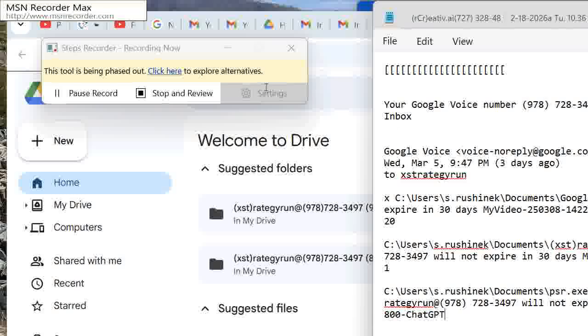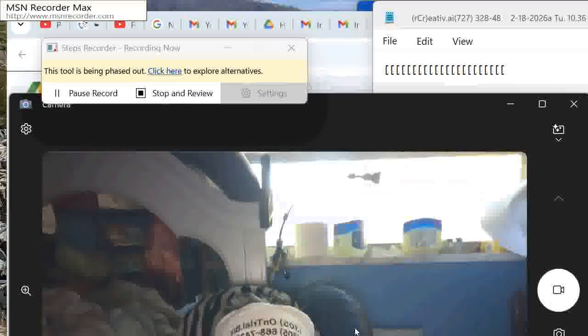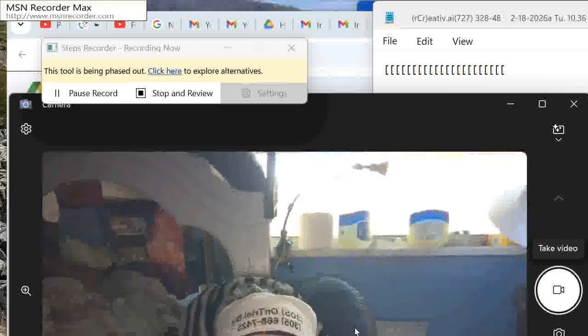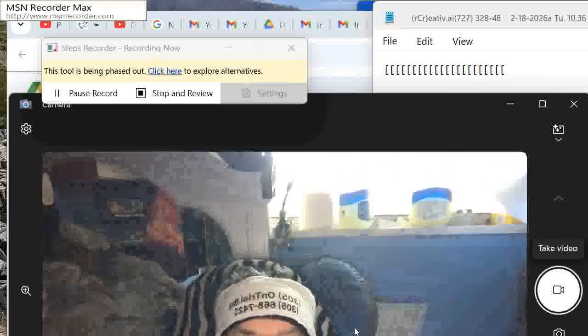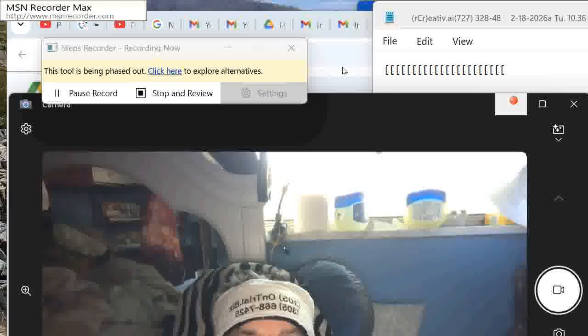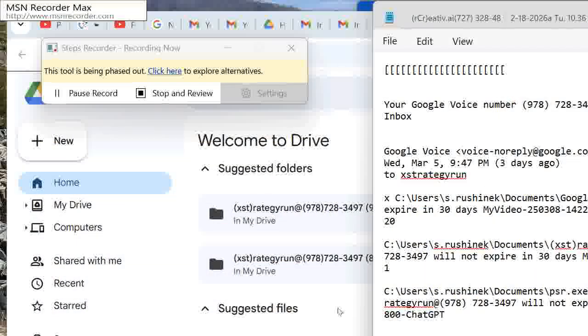So, for that purpose, I have to get the camera software to stop recording. Oops, I guess it never stopped recording again already on its own, which is fine. And then I want MSN record also to stop recording. Okay, so now I want to stop